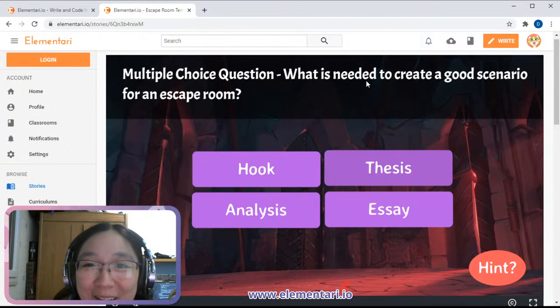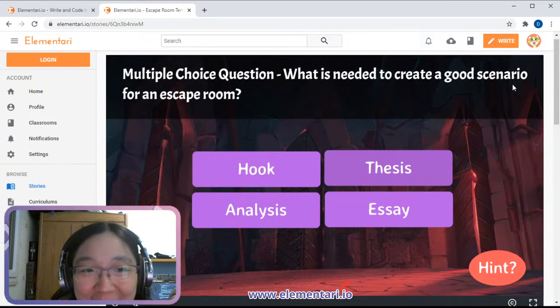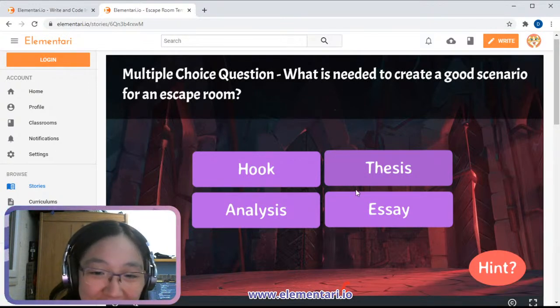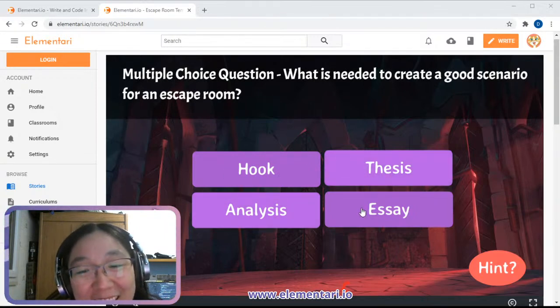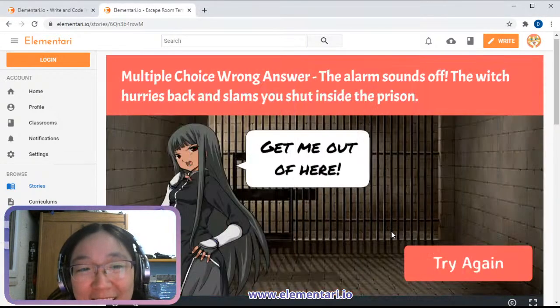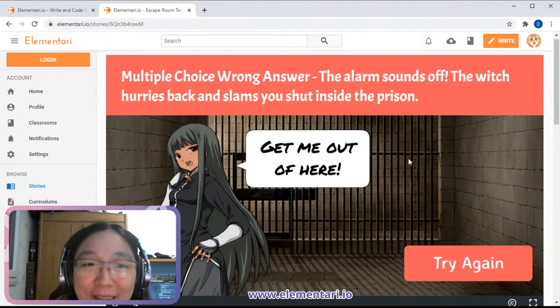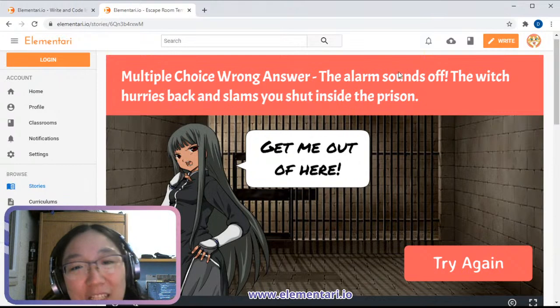So I always start with, what do you need to create a good scenario for an escape room? What do you think the answer is? A thesis? An essay? Analysis? Hook? An essay. So we're going to click on essay. And as you notice, we go to the wrong choice page.